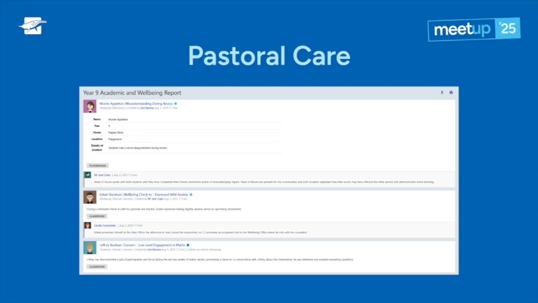Pastoral care is incredibly important, whether that's your concept of well-being, safeguarding, whatever you might call it. I think everyone in the room that works with children will agree that pastoral care is of the utmost importance, and we take it very seriously too. So we continue to make improvements to that space, release upon release. In fact, you'll see some improvements tomorrow afternoon in 25.1, so keep an eye out for that.